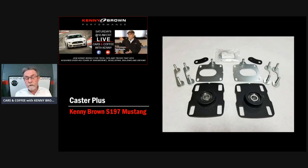And with these, what we do is we put maximum caster in. No matter what it is, side to side, doesn't matter. Put all the caster it'll take, and then adjust camber based on the condition. So that's kind of like the other part of the AGS 4.0, and also an AGS 3.0 converts to coilover